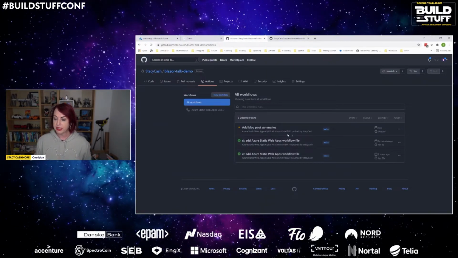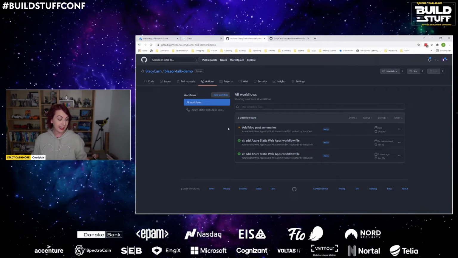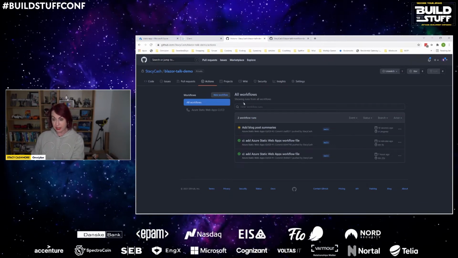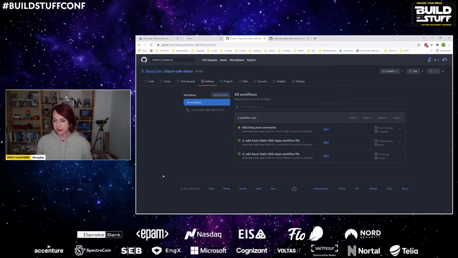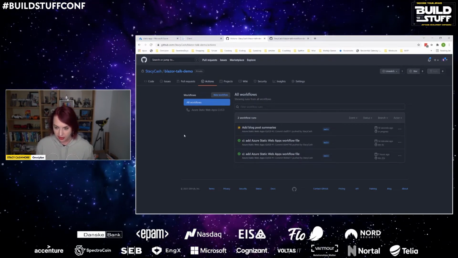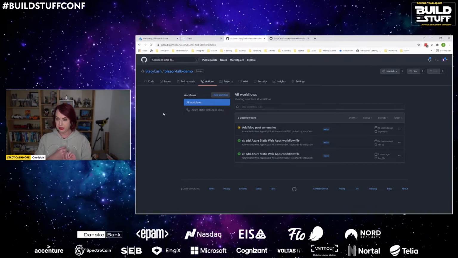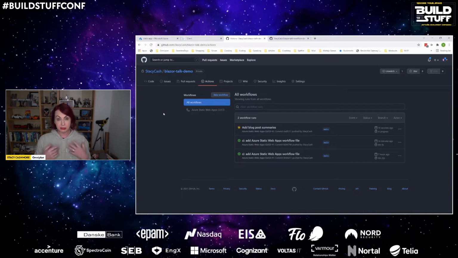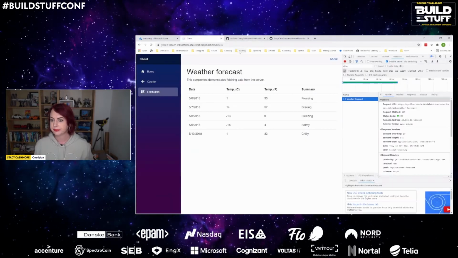And then if we go back to our actions, we can see we've now got this third action started. That is our CI/CD kicked off instantly, ready to go. Now, this is going to take about 3 minutes to deploy. While we're waiting, two things that I want to show you. One is how to get a better URL available to us, and the other is just to show you this working locally.